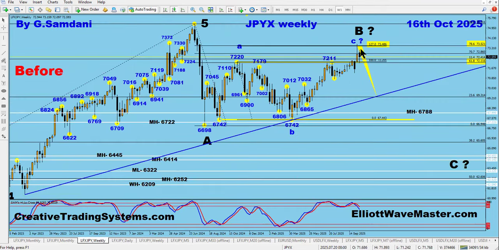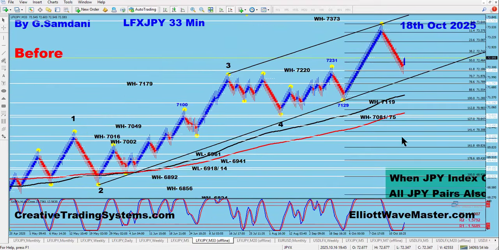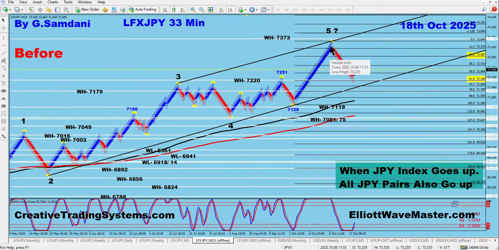So we were here in this area when I made the chart, right? First, I said we're going to go to the upside, and we did. On the 33-minute chart, this is also like wave 1, 2, 3, 4, and then wave 5 came nice and clean. But then it dropped, and I said that we're going to drop, so we dropped. Now I think that okay, wave 5 is finished, and